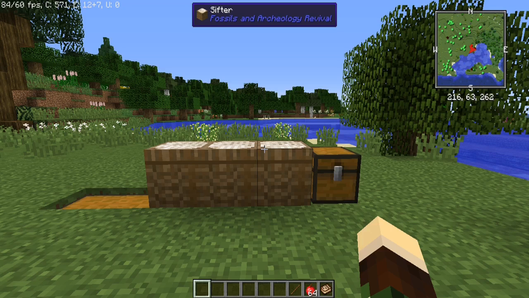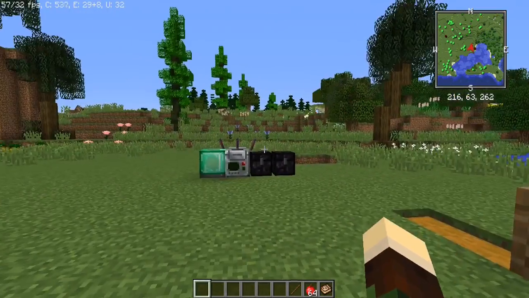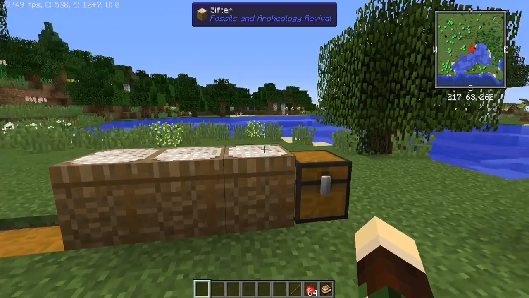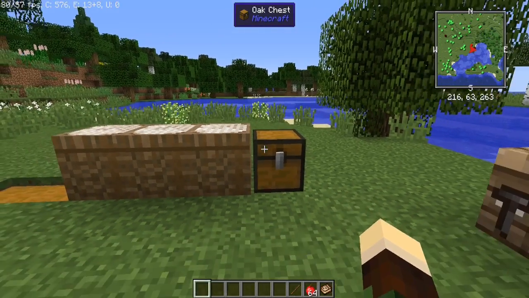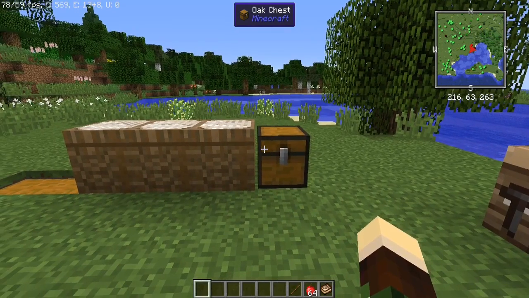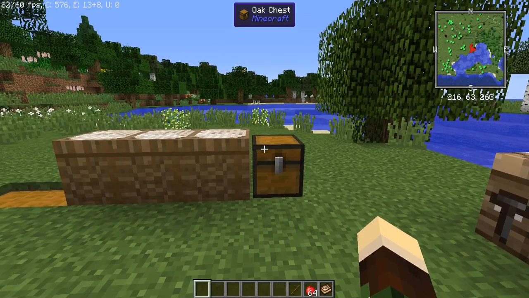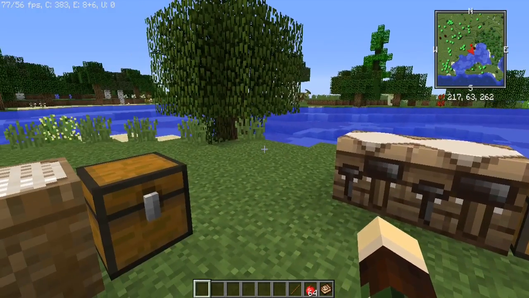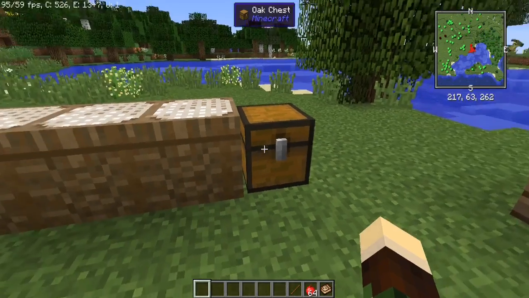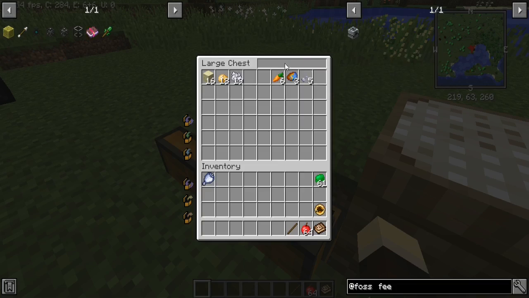Now, to start with this mod, you will find fossils in the ground throughout the world, and you dig these fossils up with iron or above tools, generally a pickaxe, and you will receive different items. Similar to some of the stuff that's in here. Generally not any of this stuff,